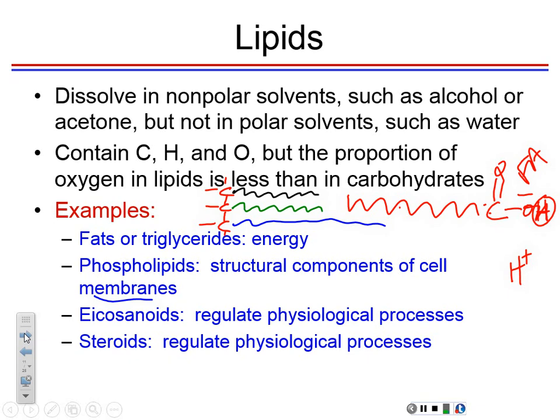Structural components of the plasma membrane, right? Okay, so we got that fats, phospholipids, and then eicosanoids are like 20 carbon molecules that affect physiological functions. They are hormone-like substances, like prostaglandins, okay, that affect smooth muscle, okay, because it contracts. In leukotrienes, which are very active in the immune system, they activate immune cells, right? So those are 20 carbon